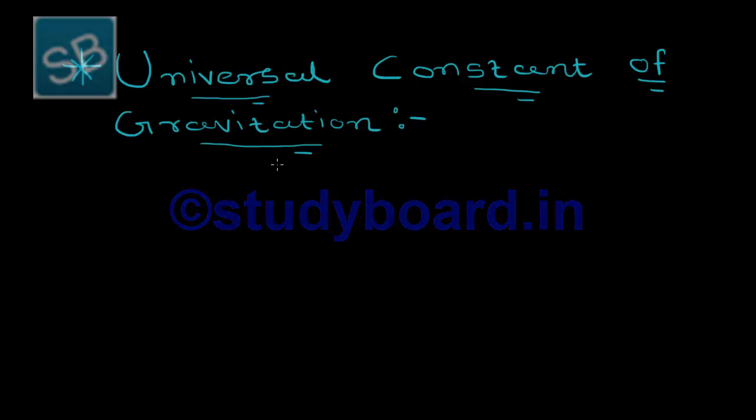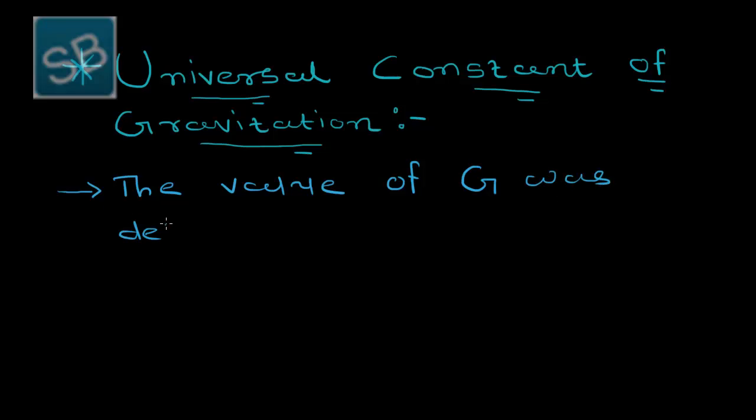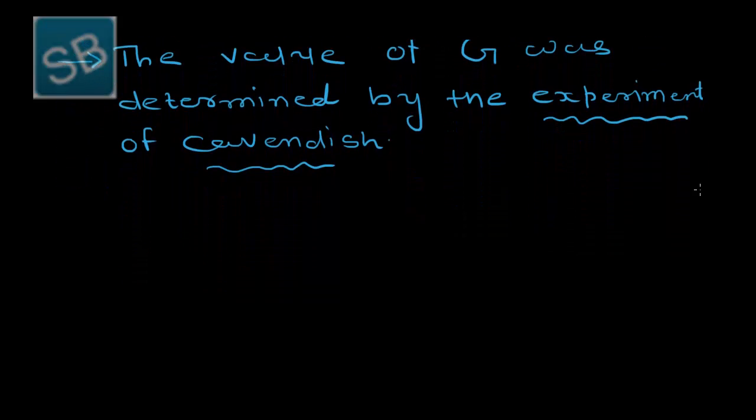Let's study something about the universal constant of gravitation. Earlier we have studied that the value of G, the universal constant of gravitation, denoted by capital G, was determined by the experiment of Cavendish, and it is necessary that we should study the experiment of Cavendish, and I am giving you some arrangement of